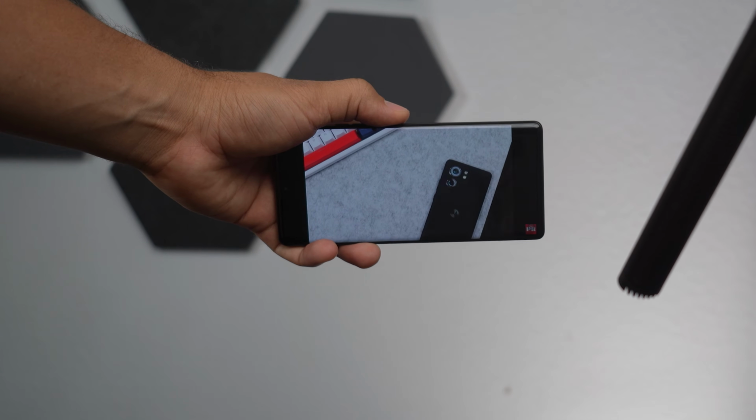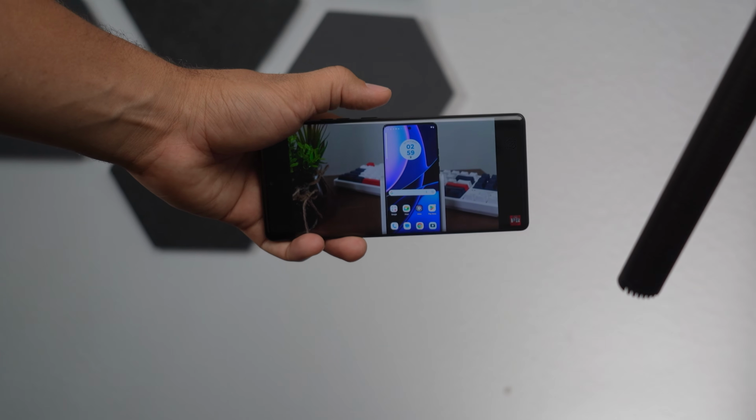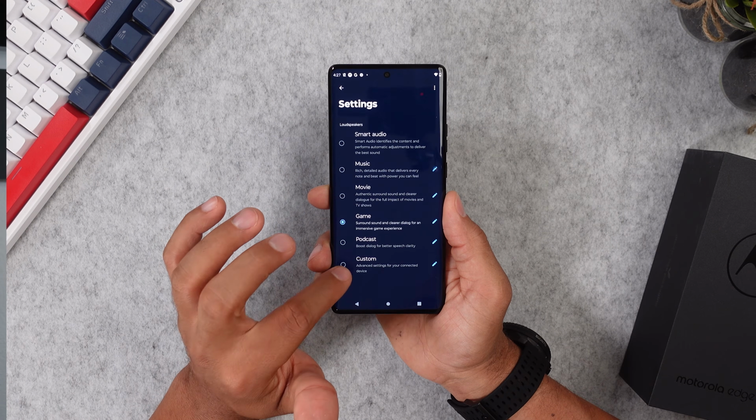But just let me give you a quick example. The Motorola Edge 40 Pro. So today we will take a look at all the specs, how good the cameras are, and especially I want to check out how...